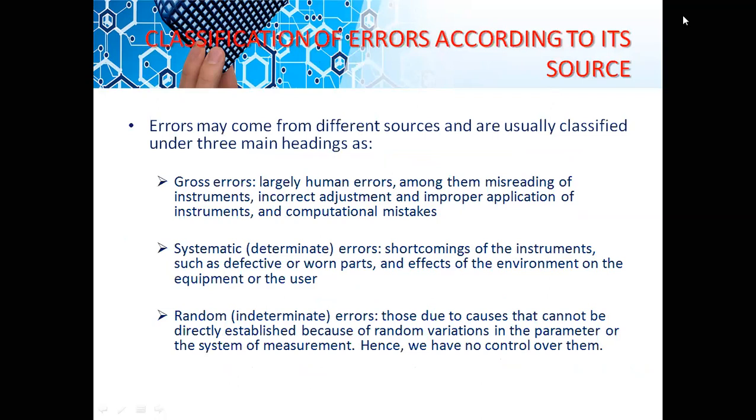Here in this slide, we are going to see classification of errors according to its source. According to its source means why are we getting error? What is the source of error? That's what we are going to see here. So error may come from different sources and are usually classified under 3 main headings as gross error,